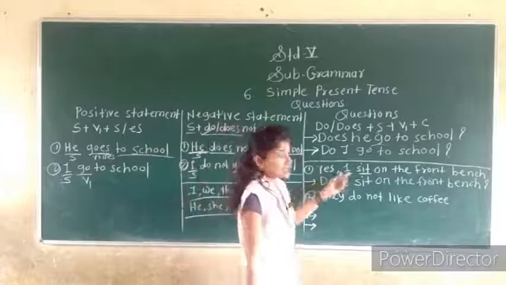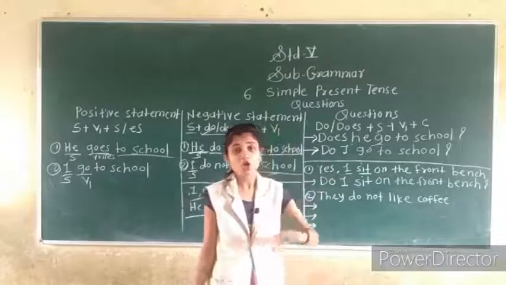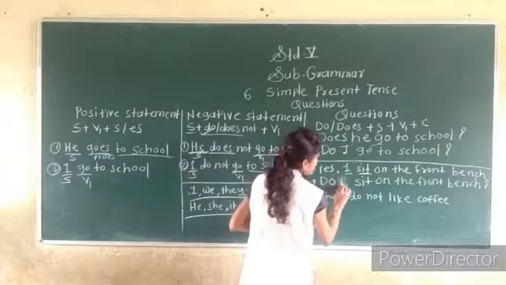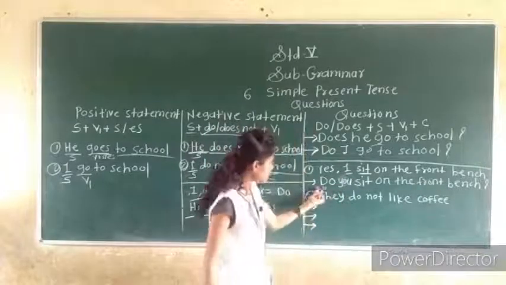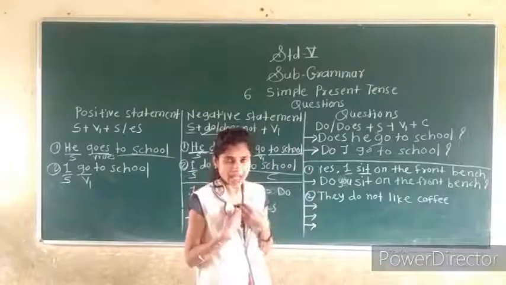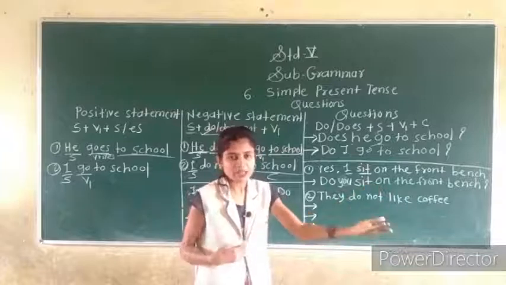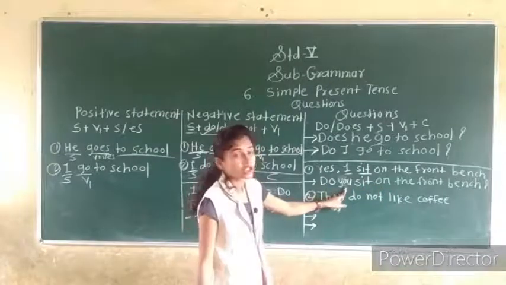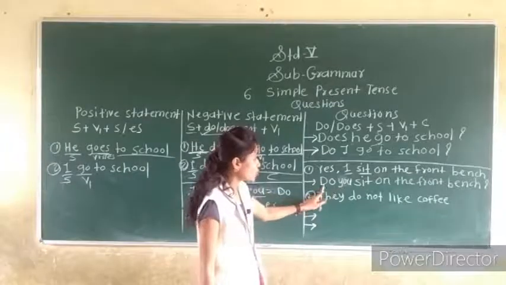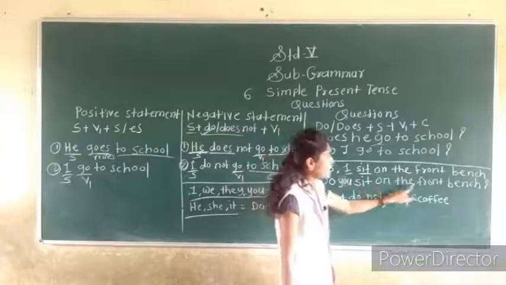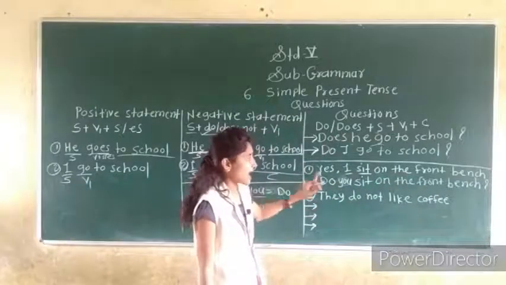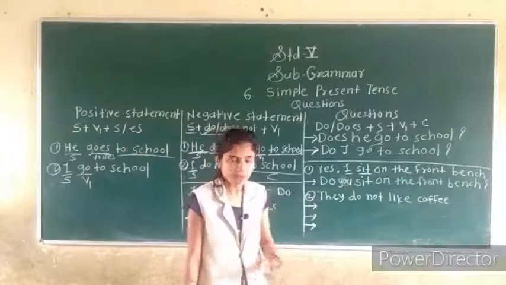Sorry. Here it is the answer about me. So, another is asking the question. So, what we use there? You. What we use there? You. So, he is the asking question and he is answering there. So, he answer about me. So, asking the question, other person is it. So, what we use there? You for the I. So, do you also plural it is. So, do you sit verb on the front bench? Do you sit on the front bench? Answer it is yes, I sit on the front bench.